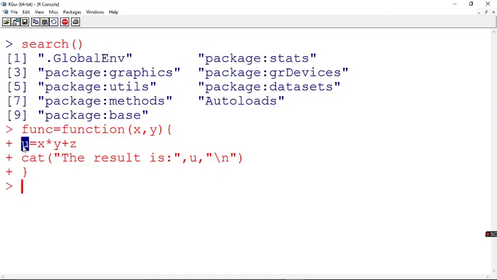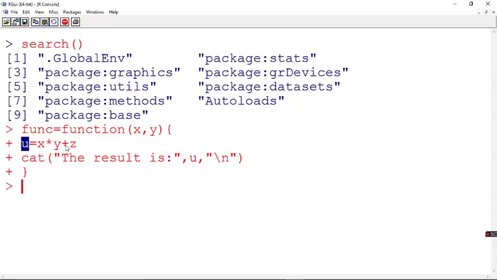Fine. So obviously, when I say scoping, it will first check whether the values of x and y are available within the function, in the environment where the function is created. So what is this environment? Environment is just a pair: you will have the variable followed by its value. This will be stored in one particular place, which I call the environment.